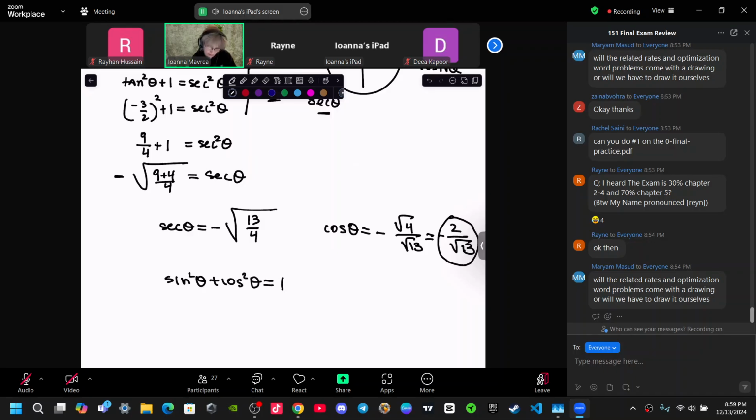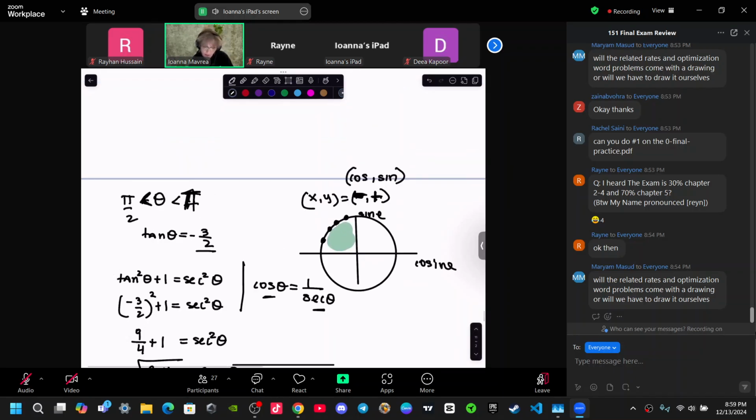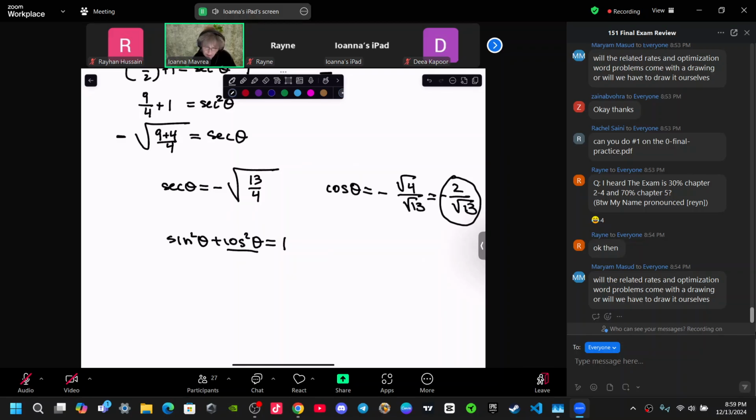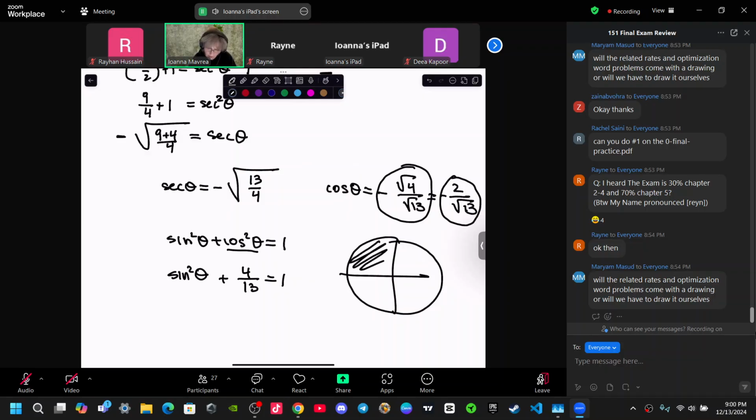is equal to 1. Again, you're in the second quadrant. The sine is a positive number. So you know the cosine, so you know the square. The square of this is 4/13. Again, the sine, which is the y coordinate, is positive, right? So the sine is going to be positive square root of 1 minus 4 over 13, not negative,